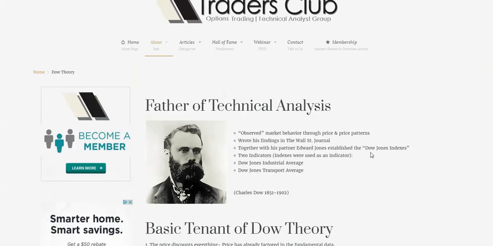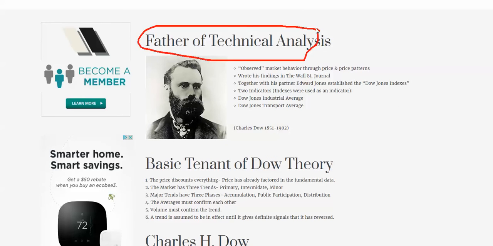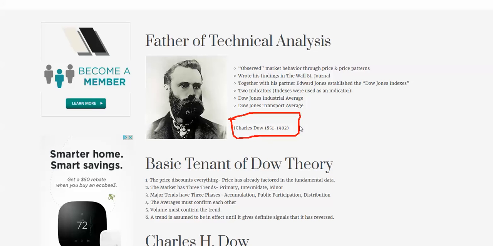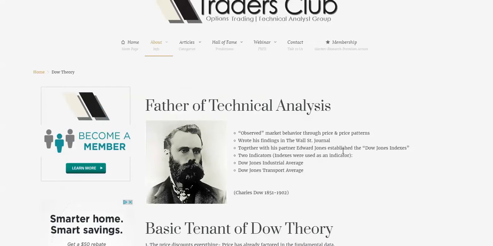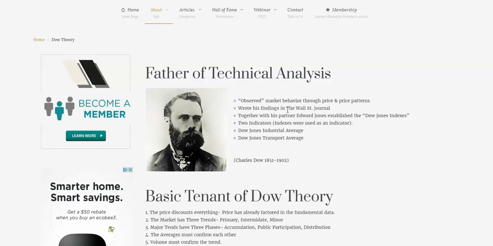So this is my blog here. You just go to About Technical Analysis, then Dow Theory. The father of technical analysis, Charles Dow, lived from 1851 to 1902. This was before the era of technology and computers, so he had to write everything on a little piece of paper, look at the chart, and study the price action. That's the dedication this guy had. He founded the Wall Street Journal, him and his buddy,